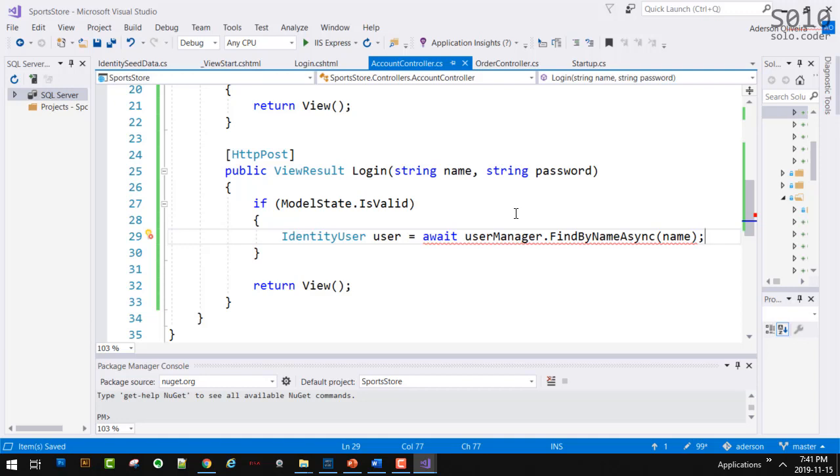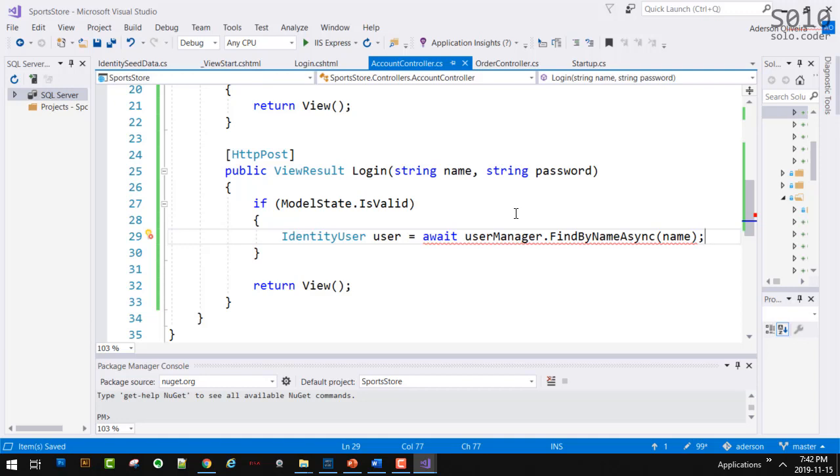So again, the performance is better when you use asynchronous methods like this one. Now, to be able to use an asynchronous method, you have to use the keyword await. Okay? Whenever you use an asynchronous method, and by the way, all methods that you're going to be using from a user manager are asynchronous.